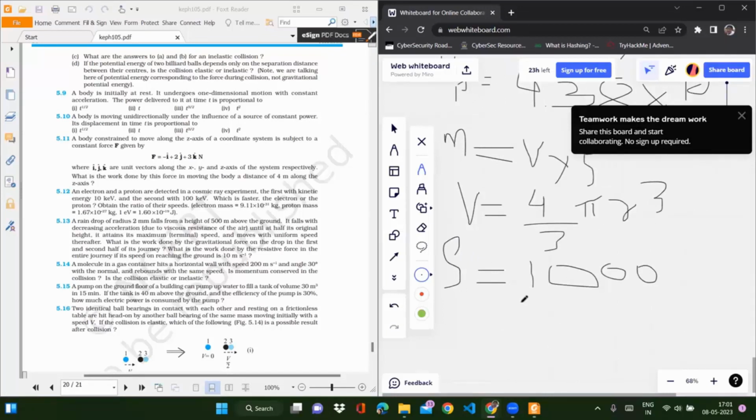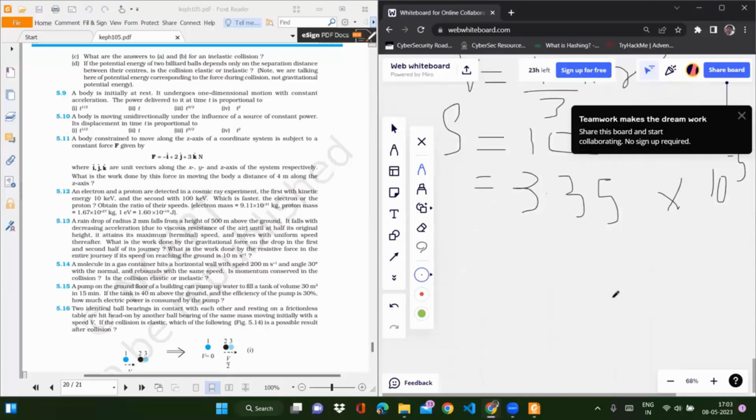And when you do the calculations, the mass comes out to be 3.35 times 10 to the power minus 5 kg. This is the mass which you have to take. Now for the work done by gravity, the thing we need to know is the force of gravity, which is mg, with this mass m equal to 3.35 times 10 to the power minus 5 kg